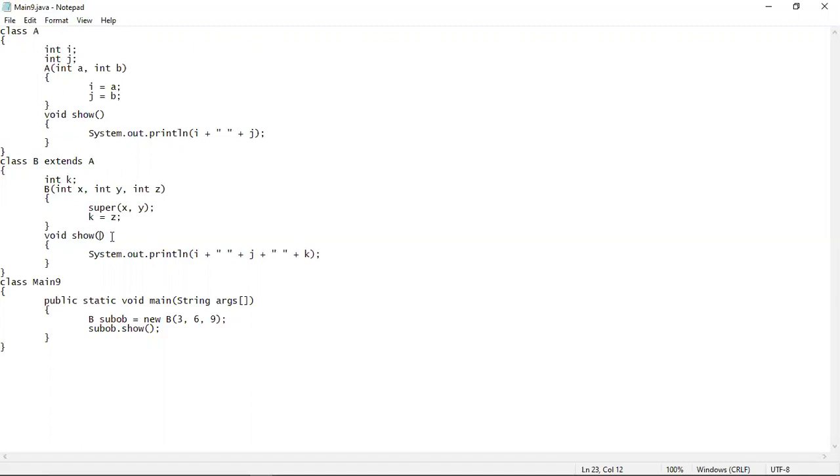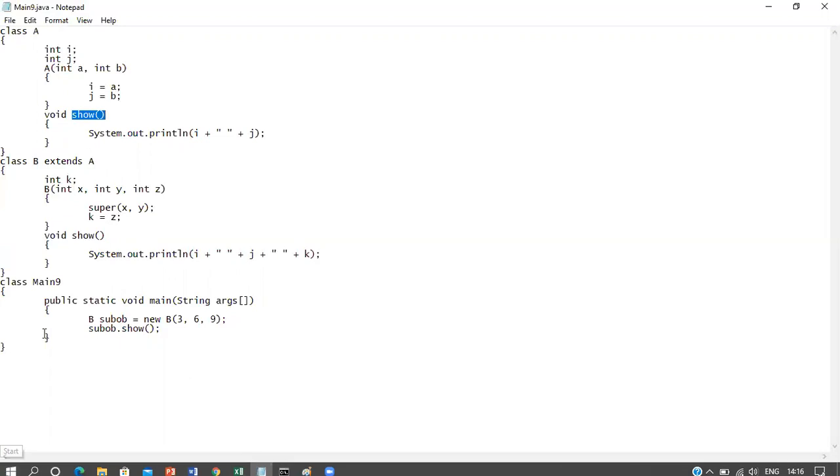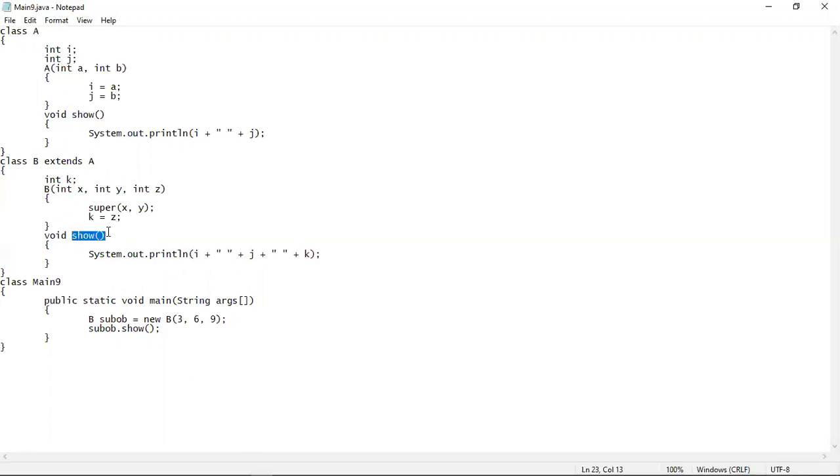If this is the case, and one method is in the superclass and another is in the subclass, then the subclass version of the method will override the superclass version of the show method. That means this show method, which is the subclass version, will override the superclass version of the show method, which is this one.